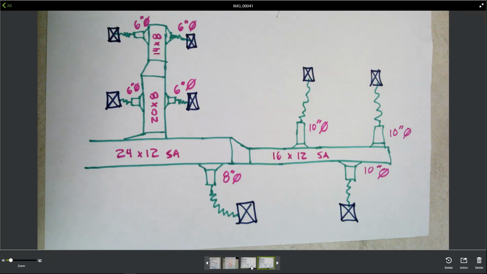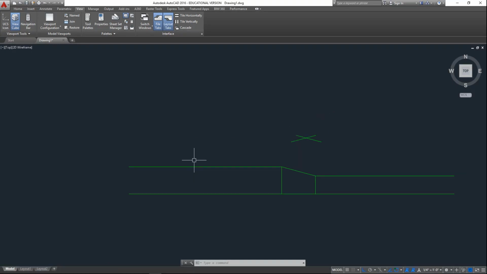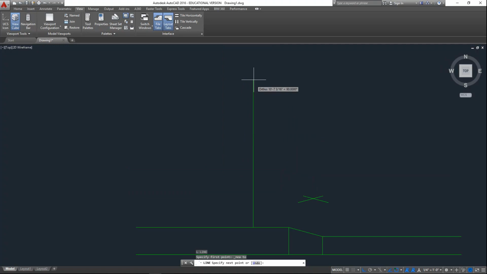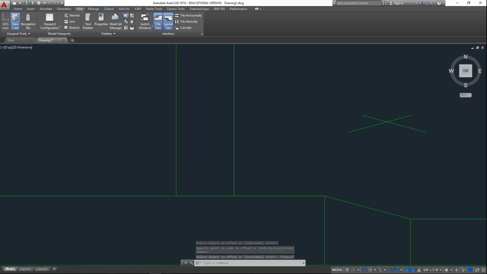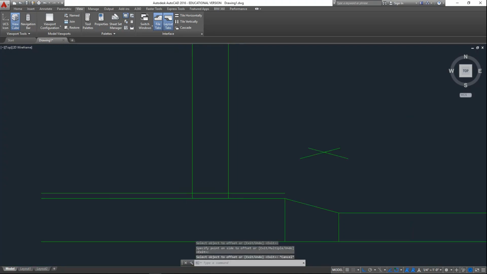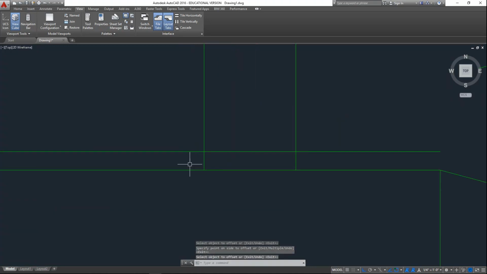I have 20 by 8, and actually I'll just start by drawing a line up this way. I'm going to offset it 20, and now down here to make that transition, I'm going to offset 3 inches. I think I'll do 4 inches instead. Offset 4 inches, and I'm going to draw a line